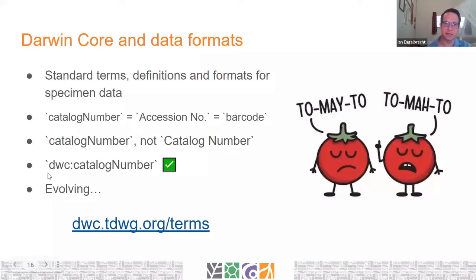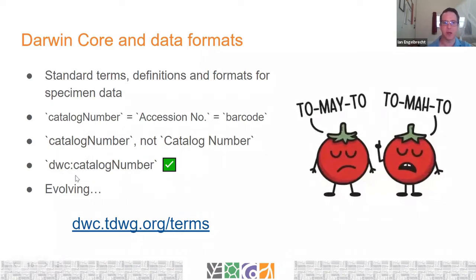And then also, a nice improvement, a way to be even more specific, is if you put what's called a namespace identifier in front of the field. So in this case, we've got DWC with a colon and then the field name. And the DWC is Darwin Core. It's the namespace that identifies where this field is coming from. So if you're looking at this and you go, oh, okay, cool, I know that's Darwin Core. It's a field called catalog number. I can go and look up the definition for catalog number in Darwin Core